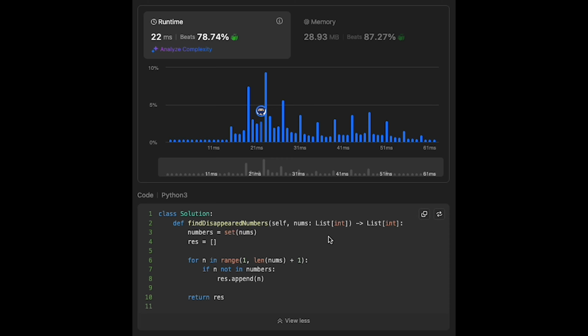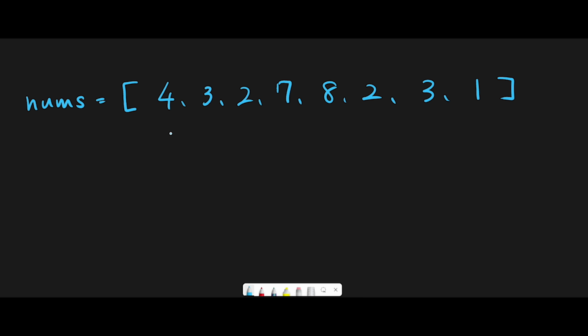Yeah, so let me explain the second solution. If you solve this question using a set, an interviewer might follow up with a deeper question, like, can you solve this without using extra memory? While the set-based approach is intuitive, it requires additional space. This alternative solution achieves O(1) space complexity by using a technique called in-place marking, where we treat the input array itself as